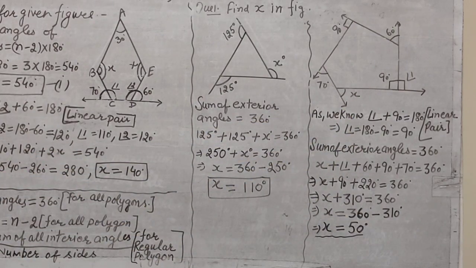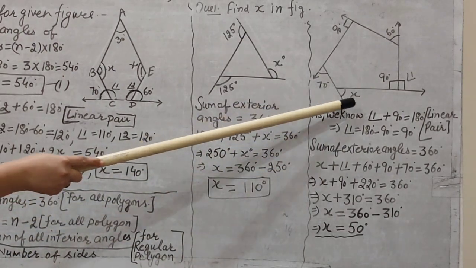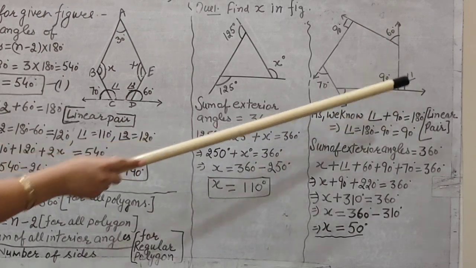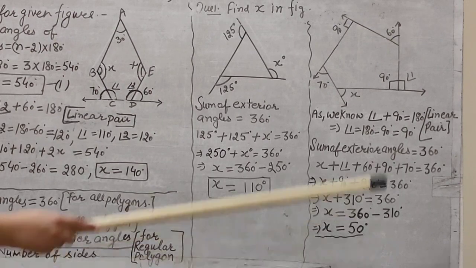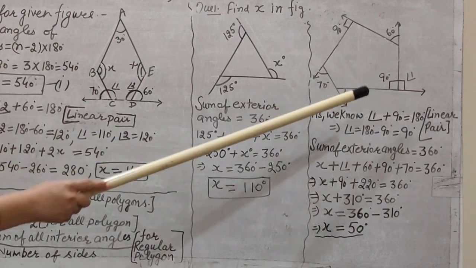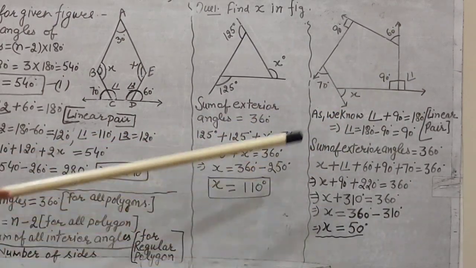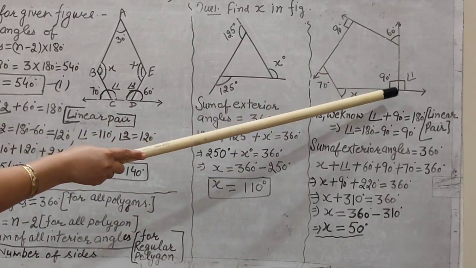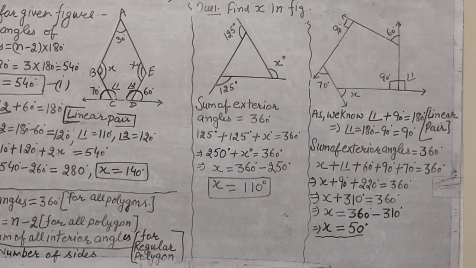Alright, now x is in the exterior of this pentagon. Start from the first angle. First angle 70 in the exterior. Next, x. Next, this exterior angle is actually not given. Only this symbol is given, and this square symbol is used for the 90-degree angle. This must be written by yourself. You must write by yourself that this symbol is used for the 90-degree angle.